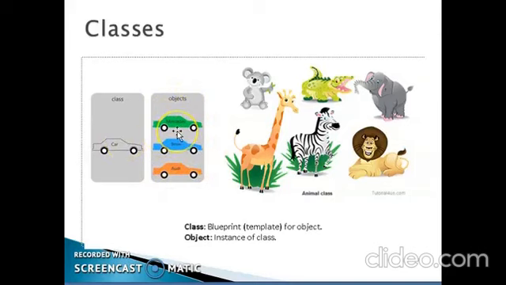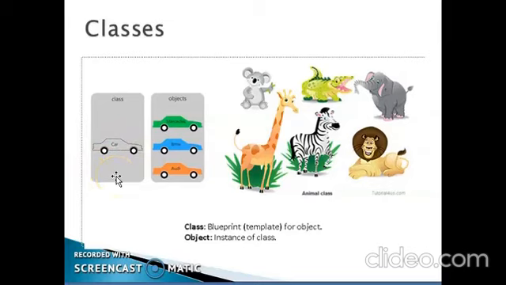So Mercedes is an object of the car class, BMW is also an object of the car class, Audi is also an object of the car class. So which is the class over here? The class over here is car. And which are the objects of this class? Who are the instances of this class? Mercedes, BMW and Audi. So these 3 specific objects belong to the class car.